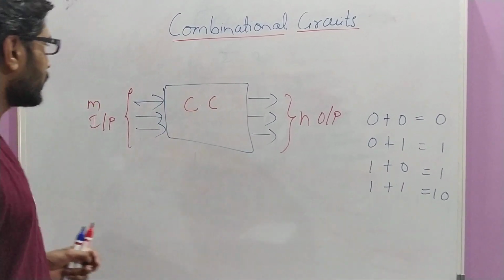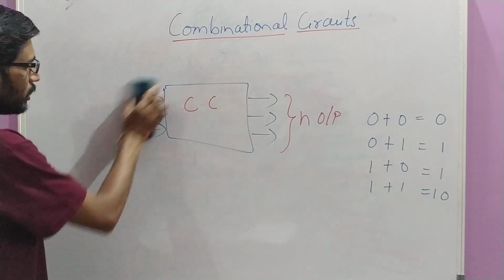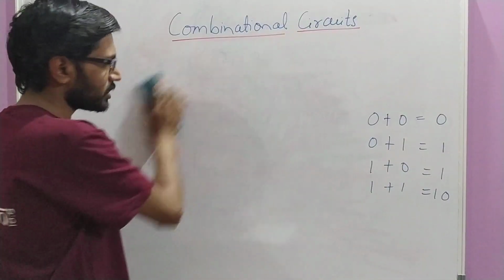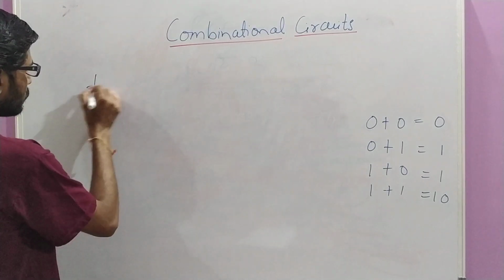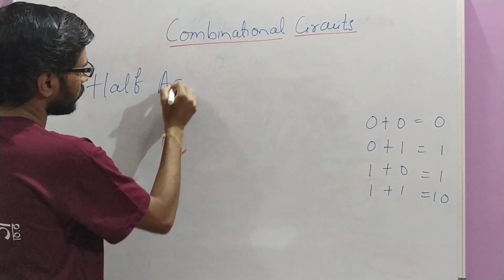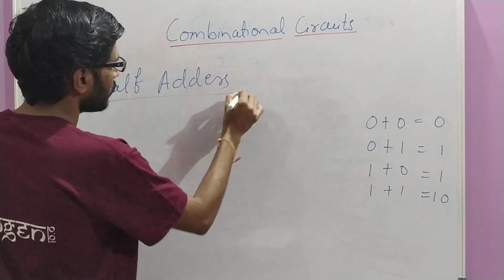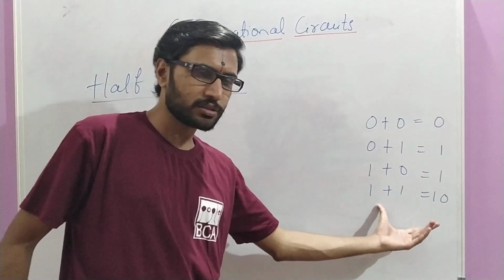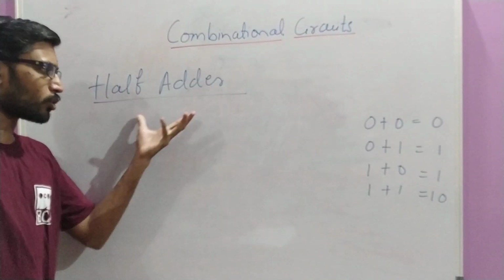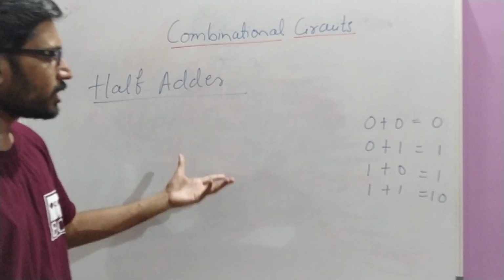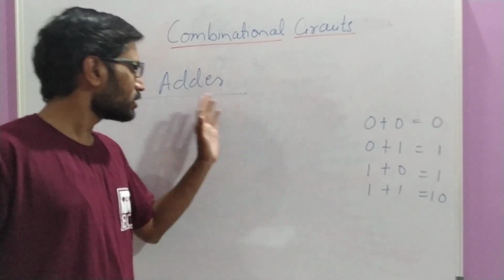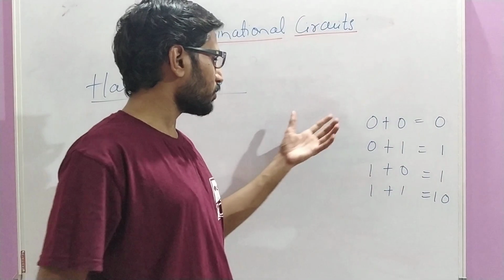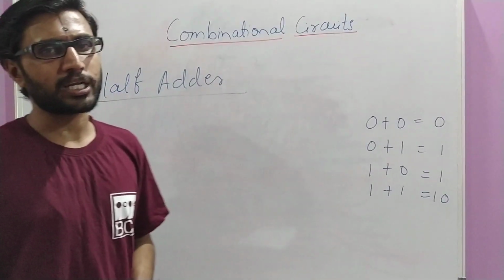Now we are going to deal with one of the most commonly used examples, the adders. In adders, we are going to discuss the first one, the half adder. We are going to study the basic arithmetic addition concept for 1 bit, then write the truth table for it, followed by the expression and then the circuit diagram for the half adder. When we say half adder, it performs 1-bit addition for binary numbers.